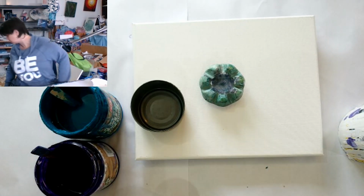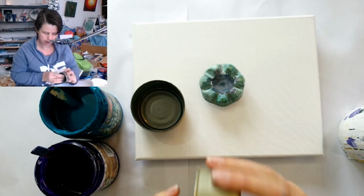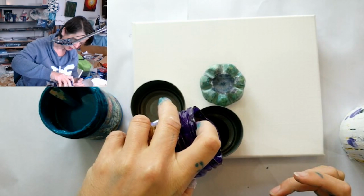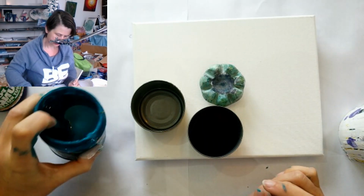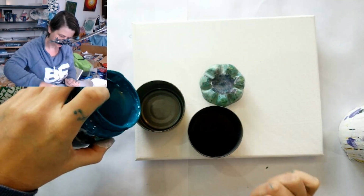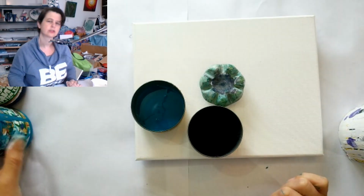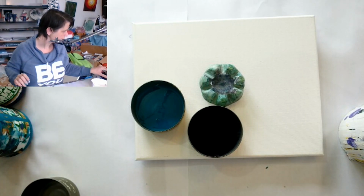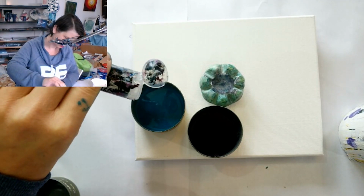As long as I can find another tin. I have huge numbers of my tins. These tins are extremely useful. I have quite a few people say to me, where do you get those tins from? My family eats quite a bit of flavoured tuna. And from that, using the